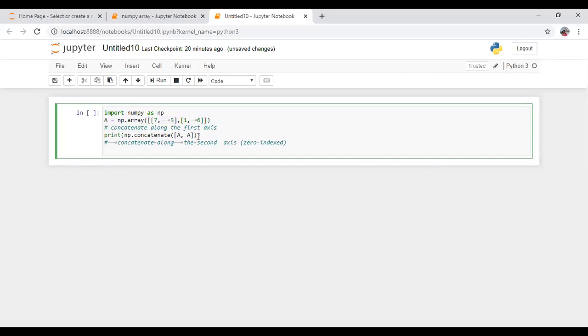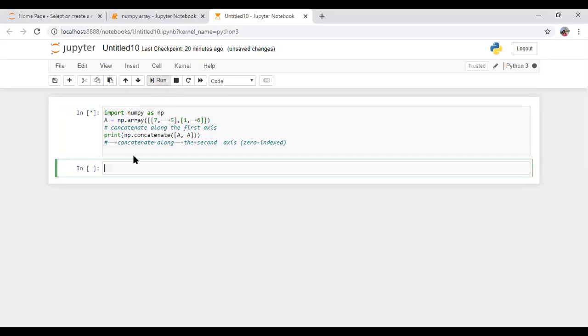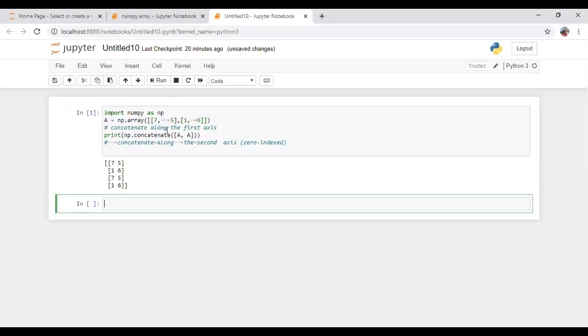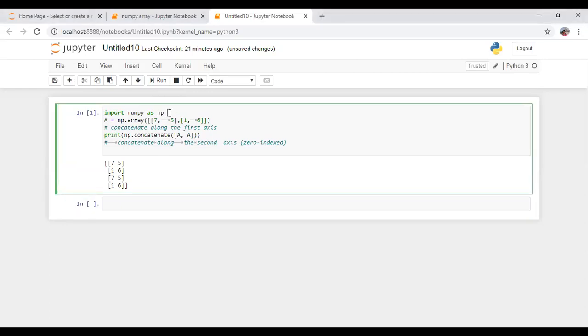And here is the concatenation operator with print. See, I am running it. You can use shift plus enter also. It will display the values: 7 and 5 is here, and the second value 1 and 6. See the different elements are here. Now it becomes a concatenation of all the values. So in this array, import numpy as np, np is a temporary name given to numpy. So a equal np dot array; you can write numpy here or the temporary name given for numpy.